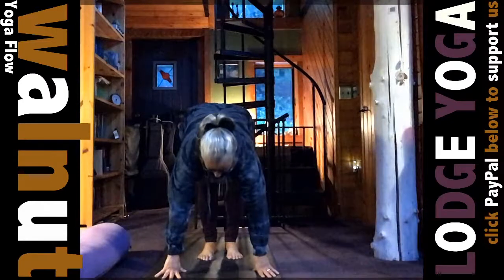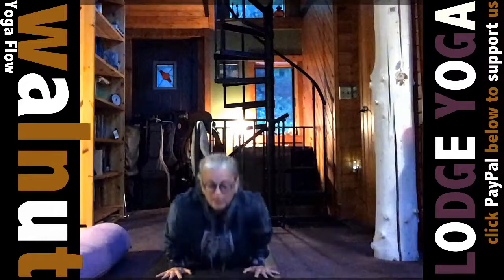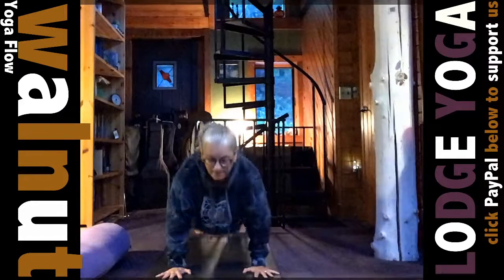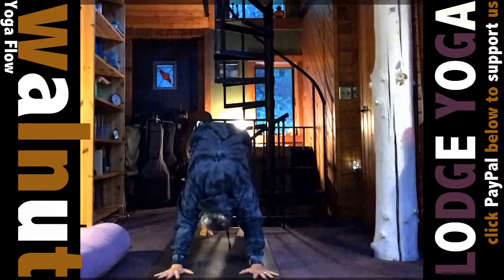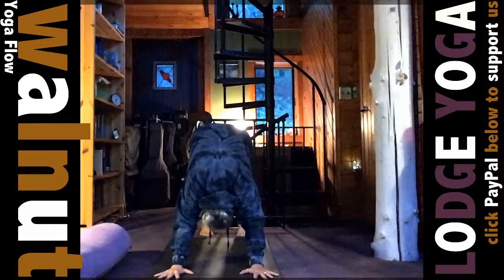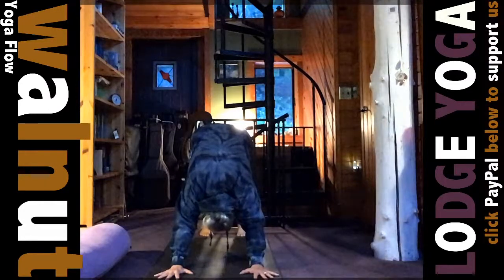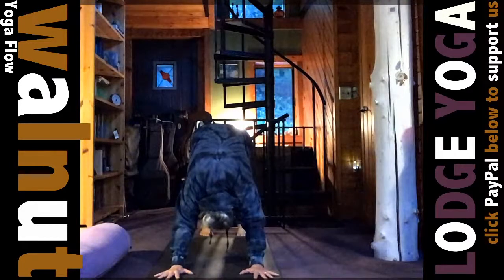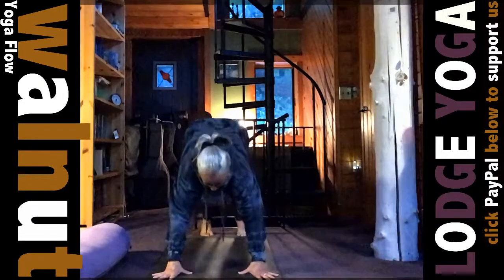Inhale, lengthen, step back, shoulders over your hands, and down, rod. Inhale, up dog, exhale, press back, breathe. Look front, inhale, jump,